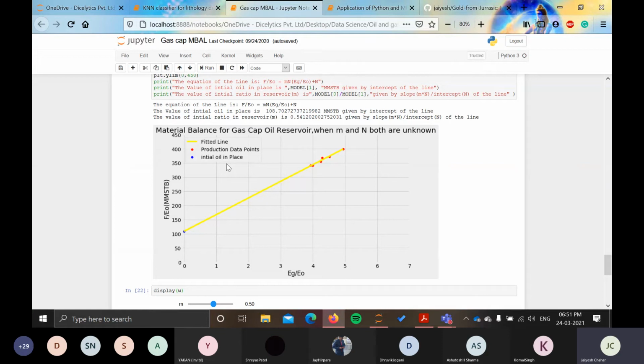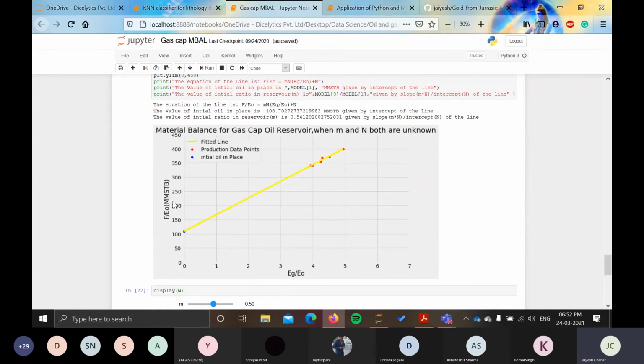Like in this problem, the values of M and N. M is our initial gas to oil ratio, or you can say gas cap. It will tell us about the size of the gas cap, and N is our initial oil in place. So both these values were not known. So we just rearranged the parts of our main equation, that was F equal to N into E naught plus M E G, in such a way that we will be able to calculate the values of both M and N from a single plot.